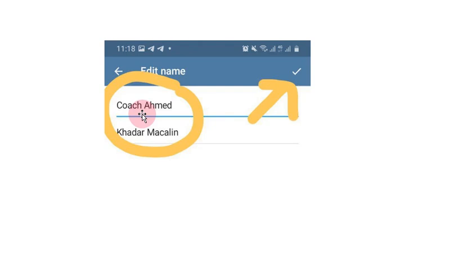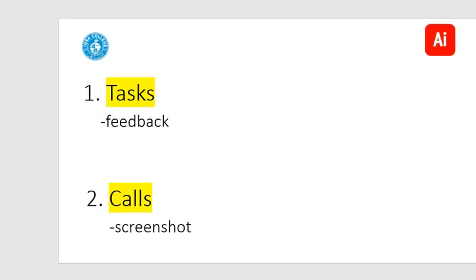Because if you change your name, or if your nickname is there, like if your name just says like, Little Ryder or something, we don't know who that is. So put your real name there and then touch this check so that the system saves it, and do not change your name. This is very important for earning speaking calls with other coaches. Okay, so cool. I think that's clear. Let's get right back to our tutorial.